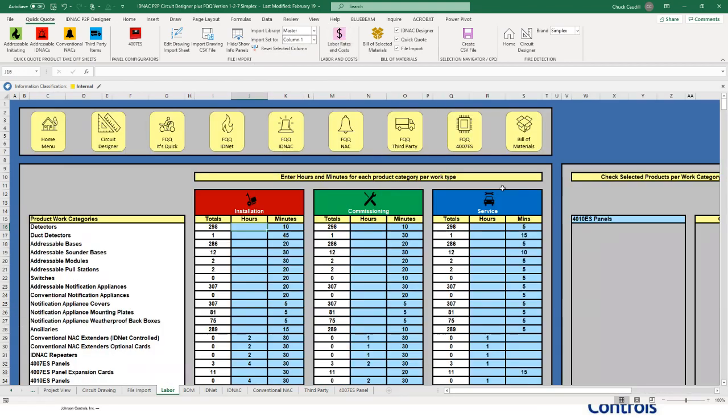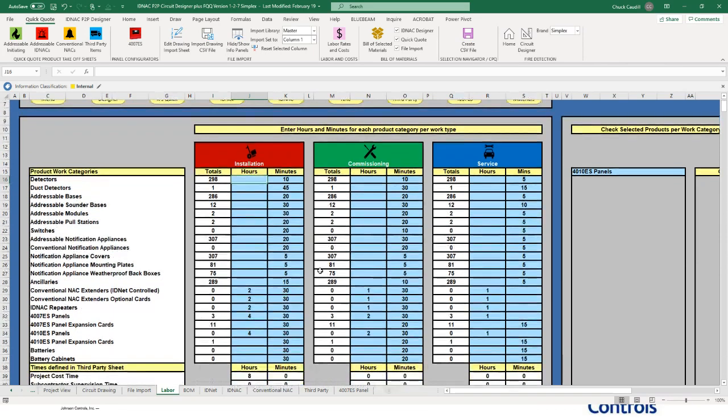It's labor rates. One of the questions we had from the field was, can you help us keep track, an easy way to keep track of our labor? So what Jason has done here, every time you choose one of those items on the previous tabs, it automatically populates in this tab. And because it's in blue, you can set up what you think it takes in your business to install a smoke detector or a duct detector.